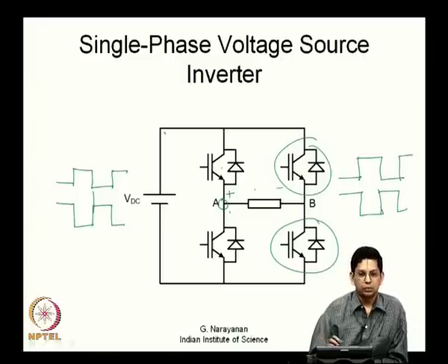So, there is also something called dead time, that is, the outgoing transistor is turned off slightly ahead of the turning on of the gating of the incoming transistor, which is called dead time. We will ignore it for now, we will deal with it much later in this course. But as of now, let us say that the transistors have instantaneous turn on and turn off,